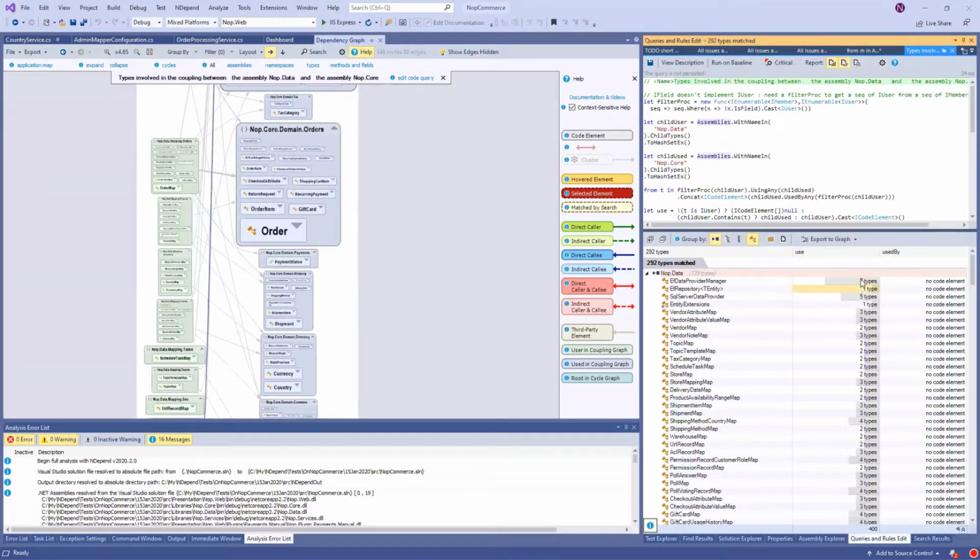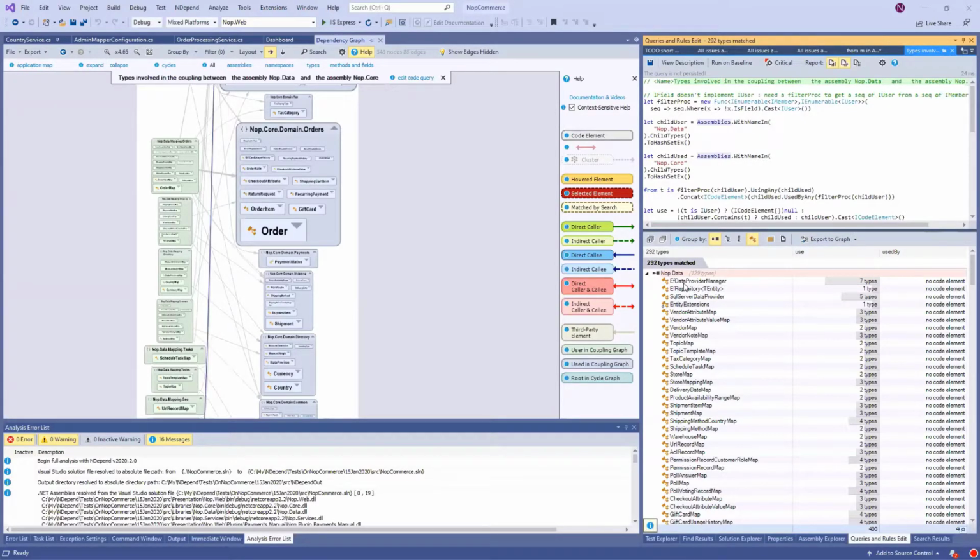Then the query has been executed to match all this. And then the result has been exported to the graph. Okay, so a graph has been created from a code query that has been generated from a double click. And there, I have all the couples.